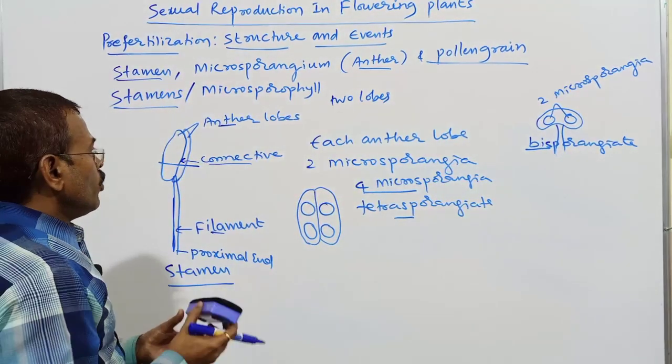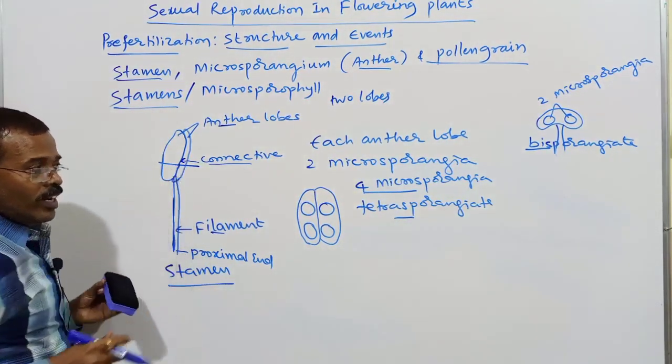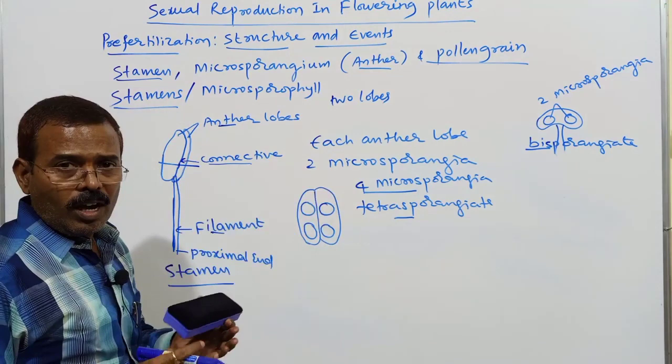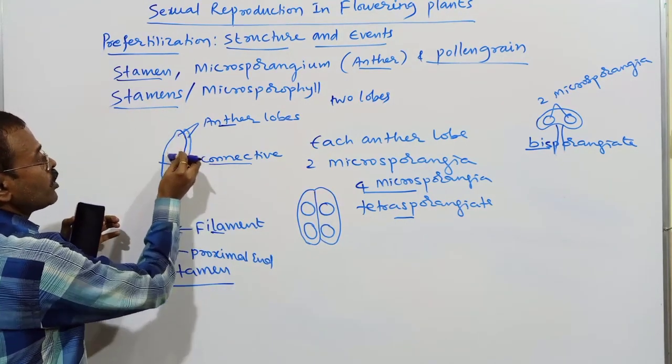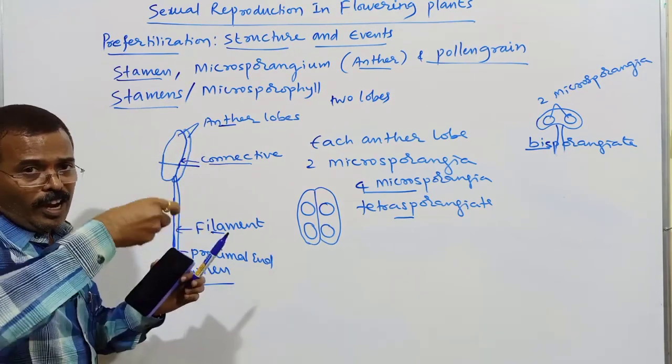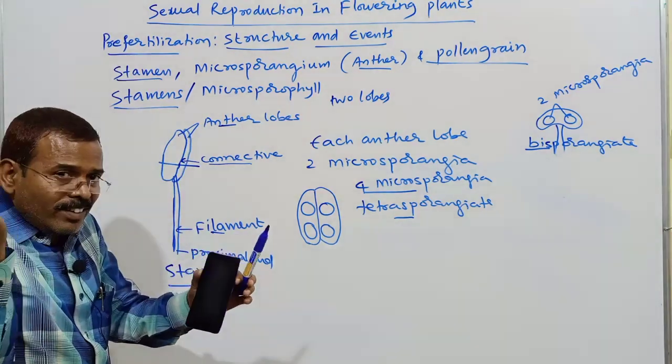So when you take the transverse section, I told you these microsporangia are cylindrical structures. They are extending throughout the length of the anther. When we take the transverse section,